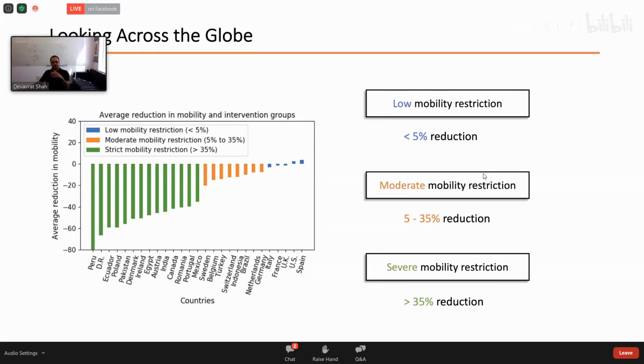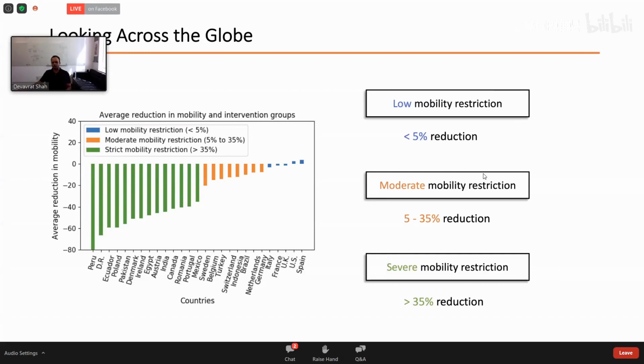If we look at this, we have color-coded it, and roughly there are 3 clusters emerging. There are the countries which have low mobility reduction, US included, at least in the first 2 weeks, less than 5%. There are the countries which had intermediate or moderate mobility reduction, 5 to 35%, and then the countries which had severe. Each of these were induced because of different types of policies. But at the end of the day, this is something that we are measuring as a proxy of policy impact on a country.